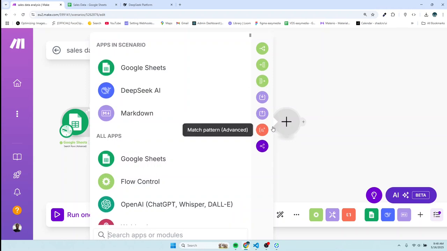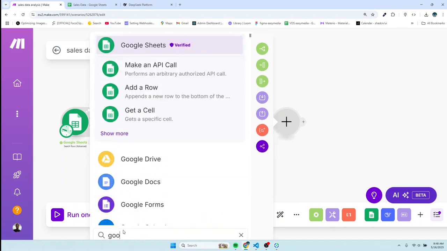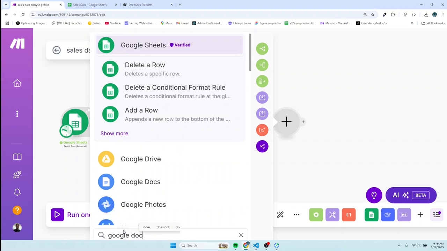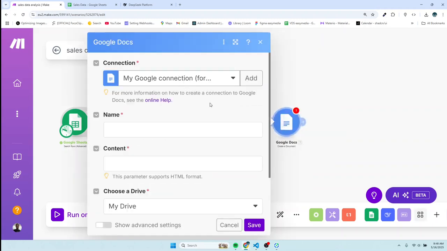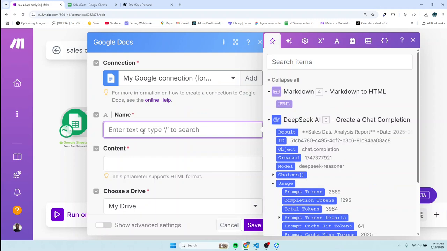So I'll just click on that and search for Google Docs, like that. And I want to create a new document, so I'll click on a new document. The document name, you can make this dynamic by passing a variable date or today's date, but I'll just call it data. And okay, let me call it sales data report, sales data analysis report,